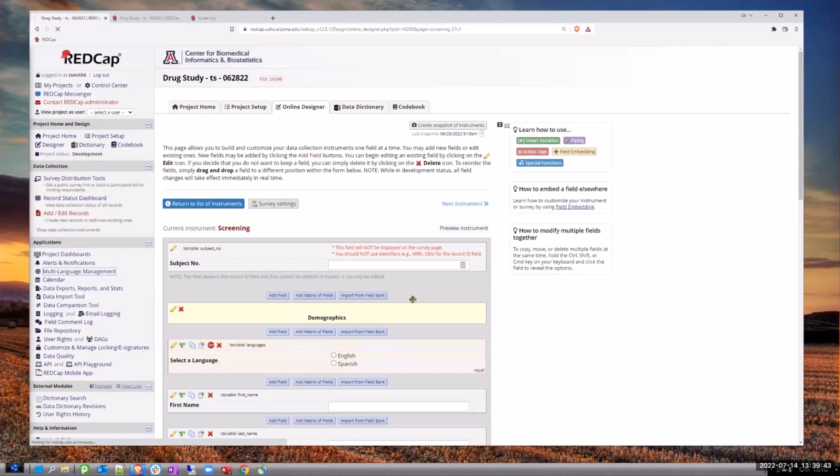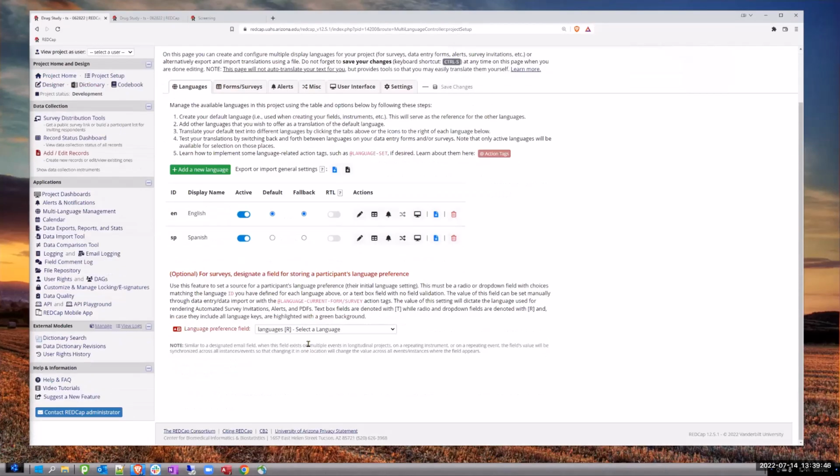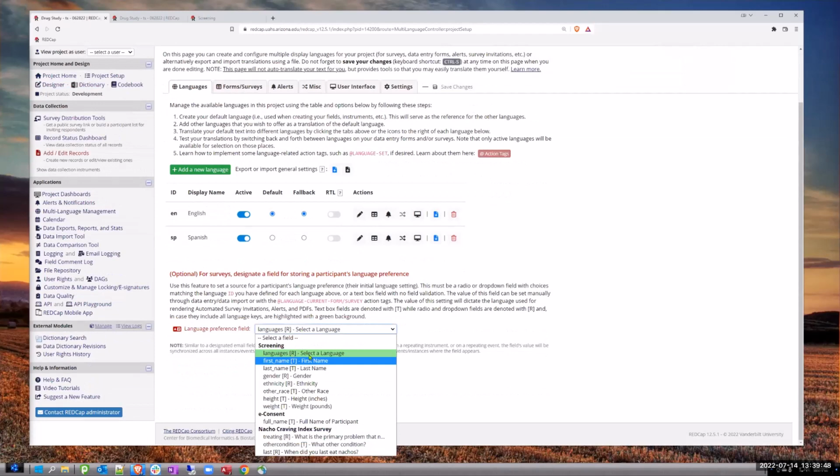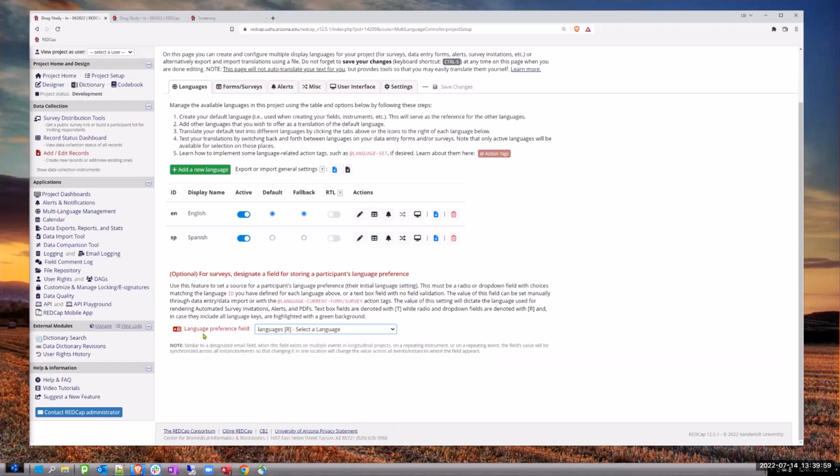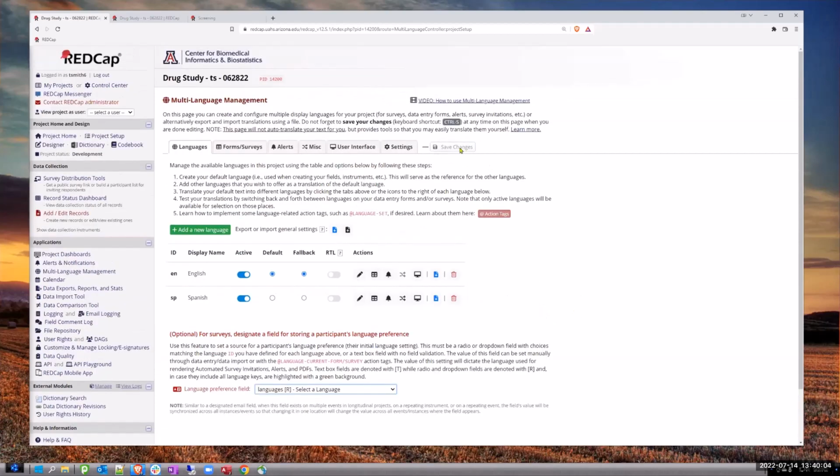And now go to my multi-language management. And now when I select this, in fact, notice, see how it's green? It already knows that this is what it should be using, and it's okay. I don't have any red text down here telling me that there's any kind of an error. The changes were already saved before on this. So otherwise you would have to save the changes, but REDCap sort of knows when you add those languages. So now if I go to my